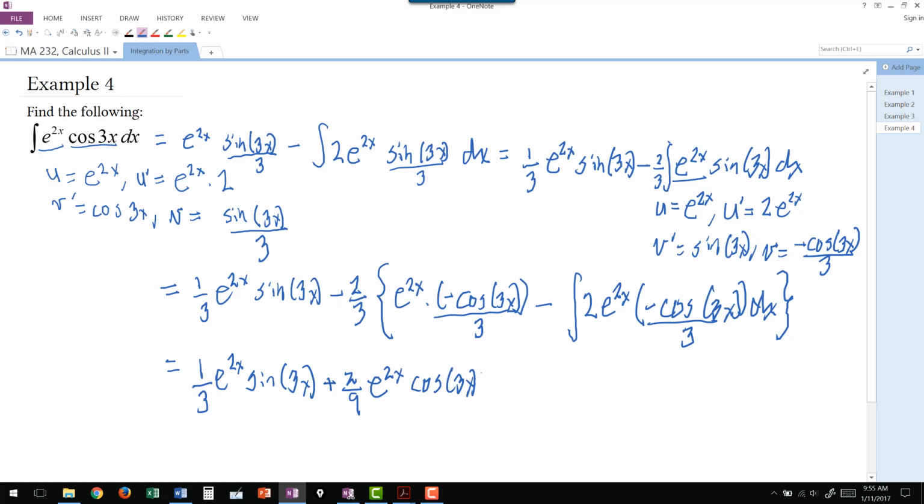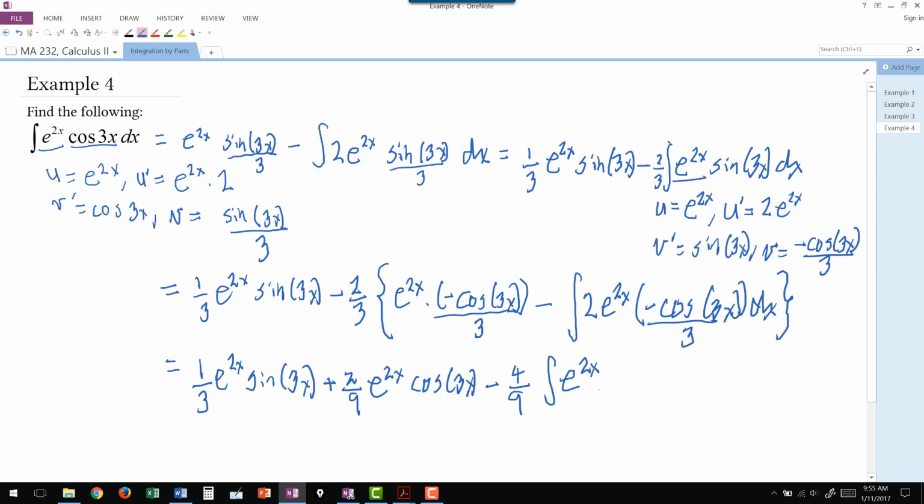And then if I distribute that minus 2/3 to the integral, notice that I have another minus 2/3 that's sitting inside the integral, and then I have a third minus sign in front of the integral. So all told, if I collect my constants out in front of the integral, I should get minus 4/9